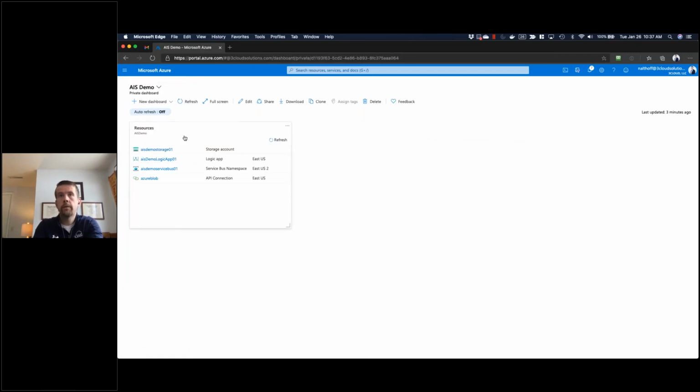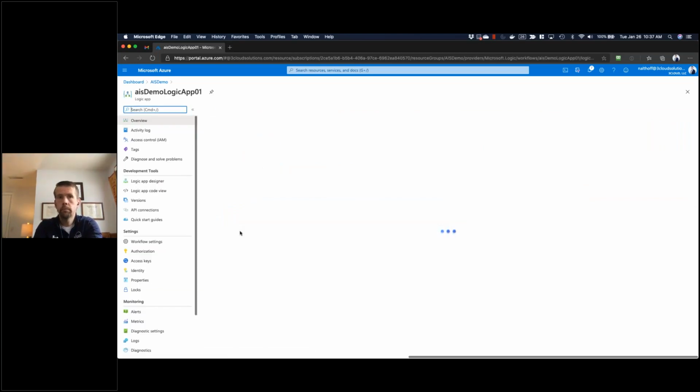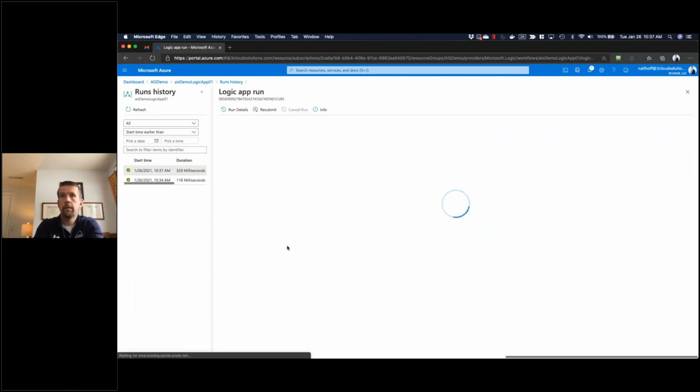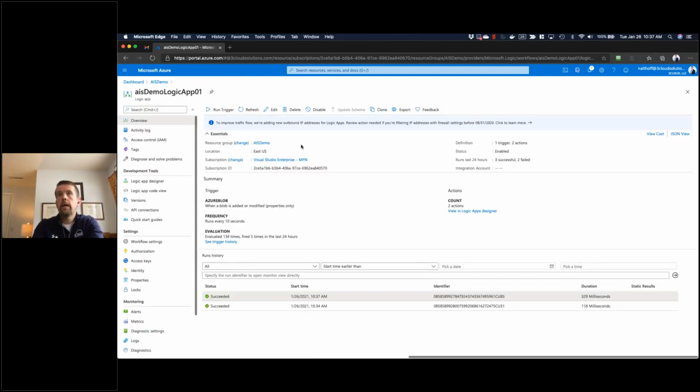So I'm going to go back to my resource group here and take a look at the Logic app. Now our Logic app has a second success, and if we take a look at the history here, we'll see that it in fact did copy and then delete the blob. So we are in good shape there. If I go back to my Logic app,